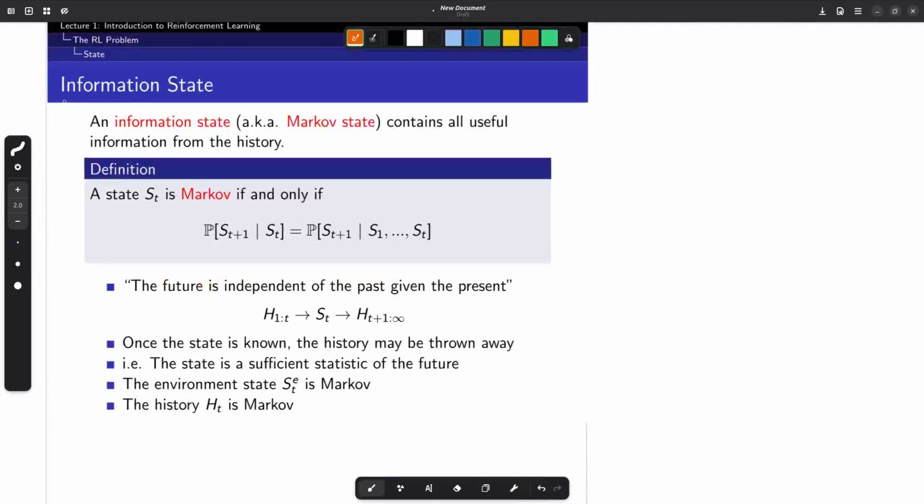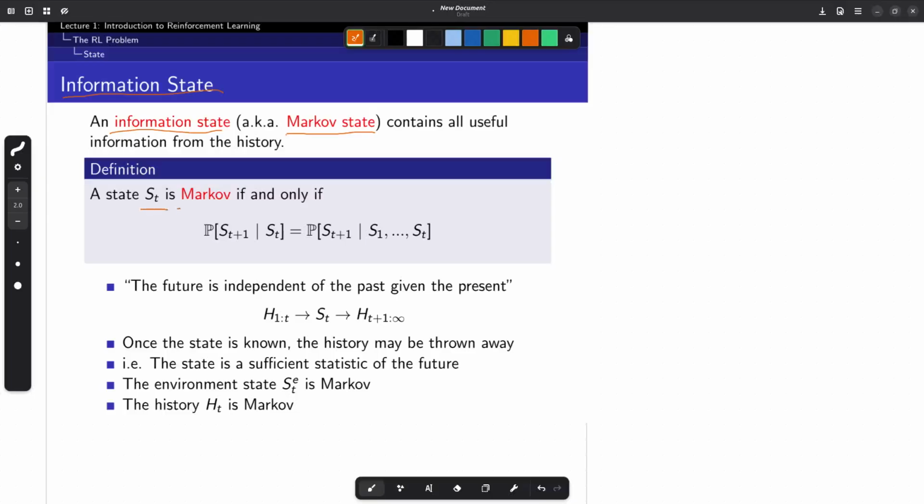The next topic that we are going to talk about is information state. An information state, or in other words, a Markov state, contains all of the useful information that we need from history to pick up the next action. So, by definition,